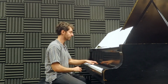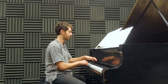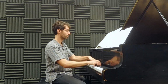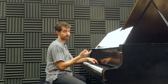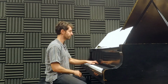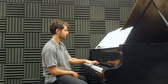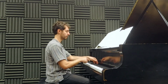So one possible simplification would be leaving out the third repeated chord on the left hand whenever you have that. So the original says this, etc. So what you can do, because this is quite fast, is leave out the third chord. Instead of doing this, you can do this, and that will give you more time to prepare for the next position. And it sounds pretty similar once you add the pedal. The pedal sounds like this,